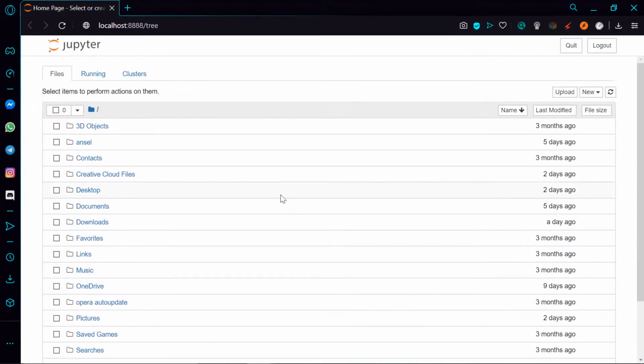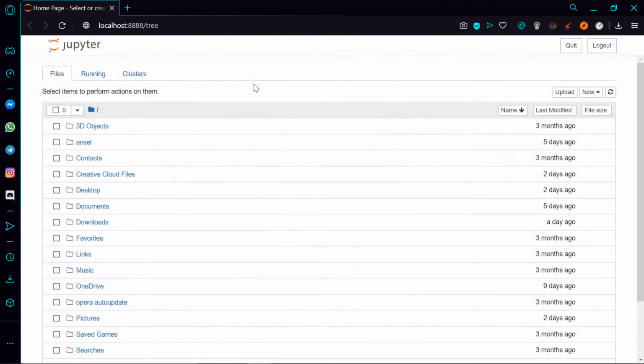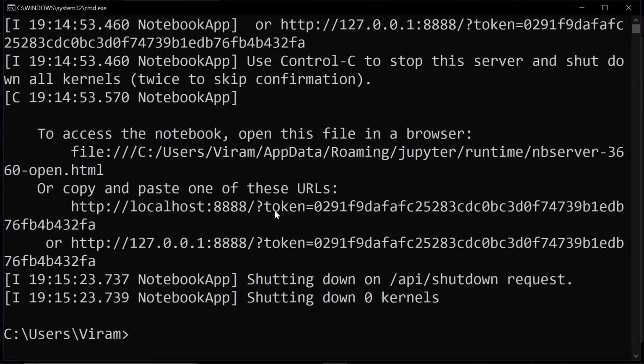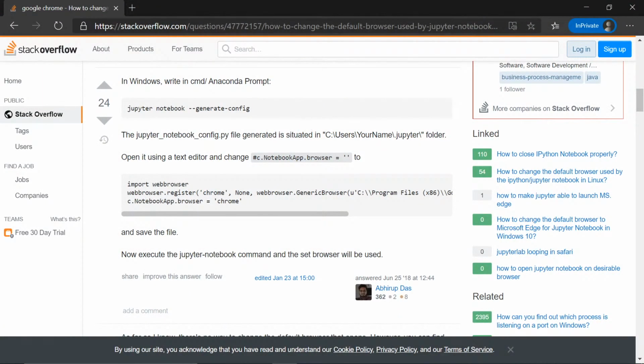So he wanted to know if we can actually change that, because there's no option of doing that in this Jupyter console or in the console itself. So let's quit this. Let's see what we can do about this. Here, I found a discussion kind of thing.